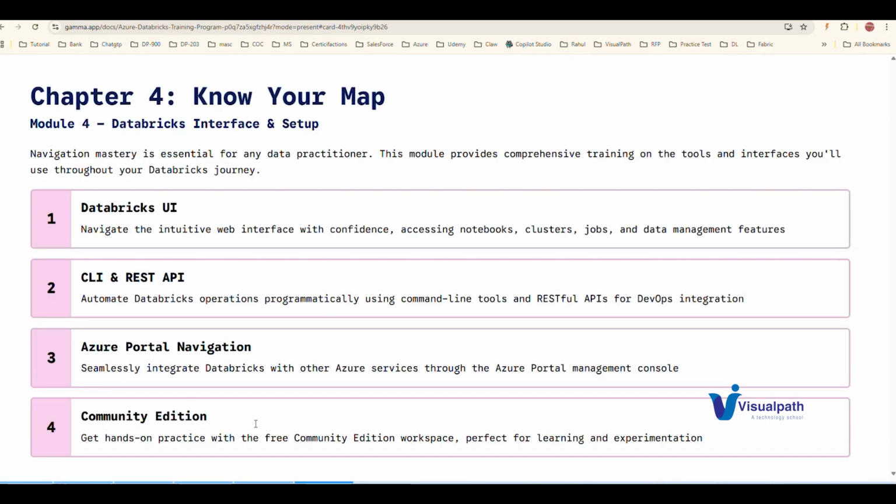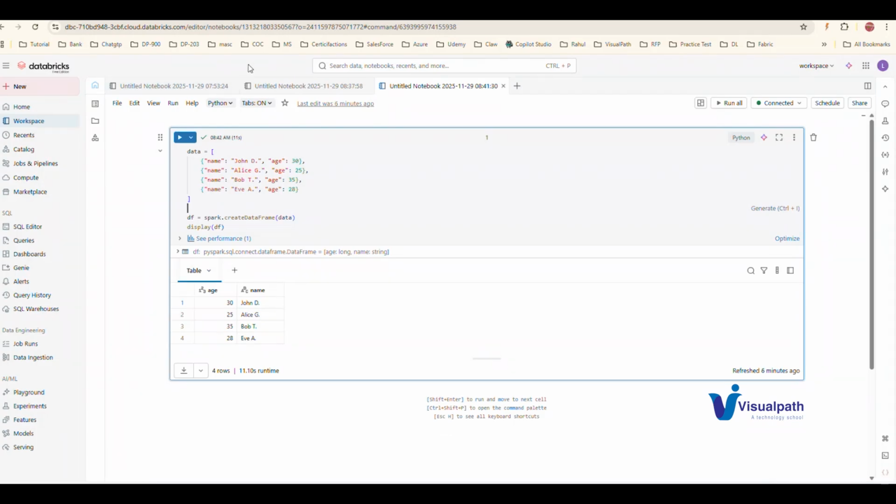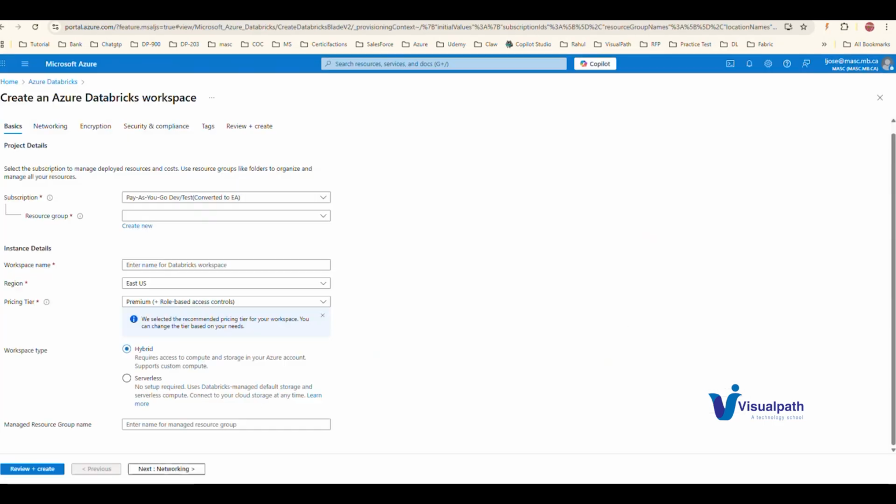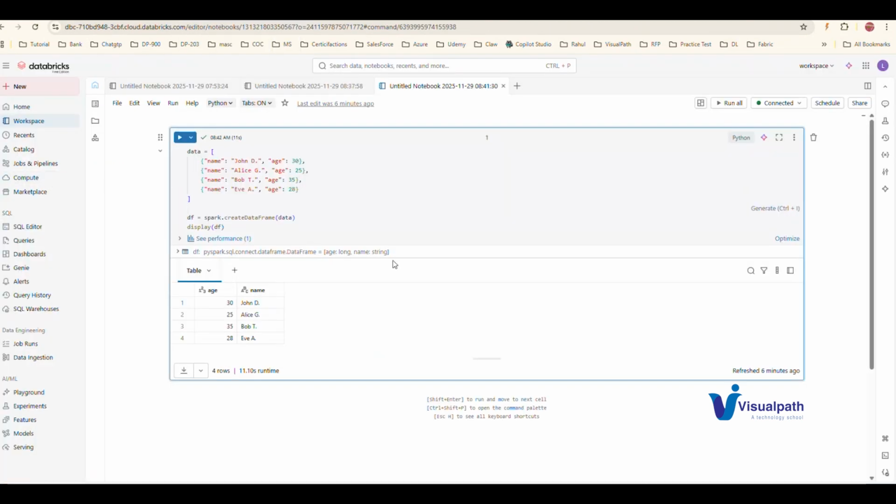The other one is the Community Edition. Community Edition is a free edition if you want to work in Databricks. This is what the Community Edition looks like. It is free of cost. You can log in through your Gmail ID and do everything here. Most of the 80% of the tasks we do in Azure Databricks can be replicated here. In our course we will use this platform more often because it is free of cost. The main thing is that the Databricks environment is a little bit costly. You may have to spend around 10,000 or 20,000, depending on the way we work on it.